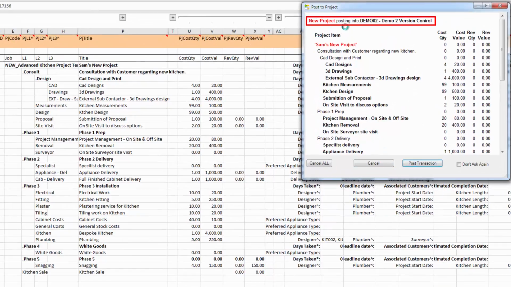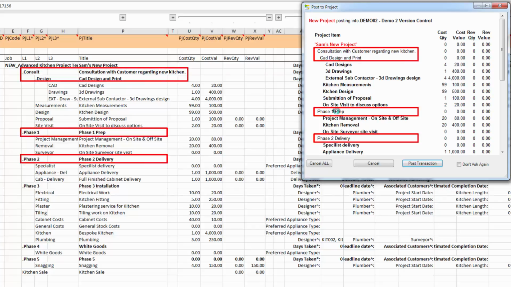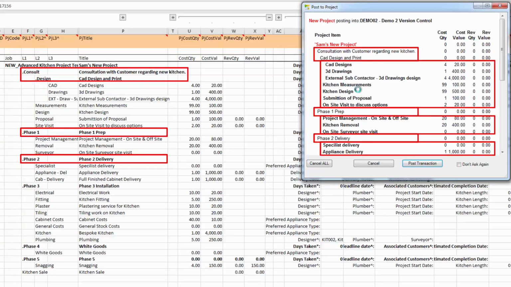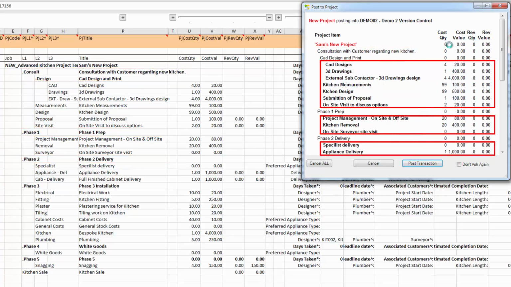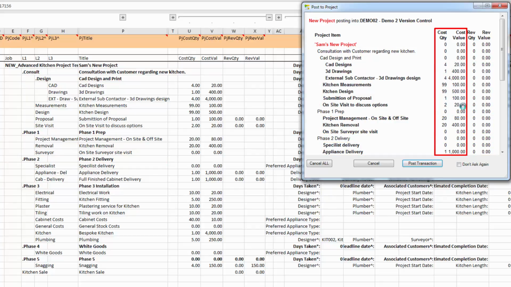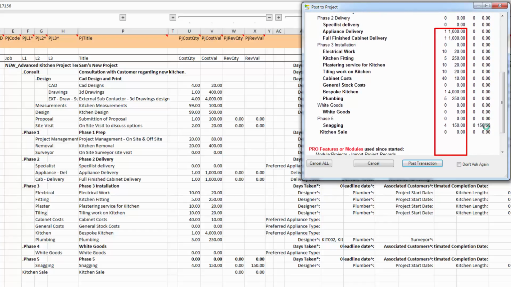So we can see there it's a new project. We can see which Sage 200 company it's going into. We can see there that the project title is Sam's new project, and underneath here we've got the different phases, the different project items, kind of showing the representation of the structure. Plus we can see here the cost, quantity, budgets and values, and I think if we scroll down we should see our revenue at the bottom,